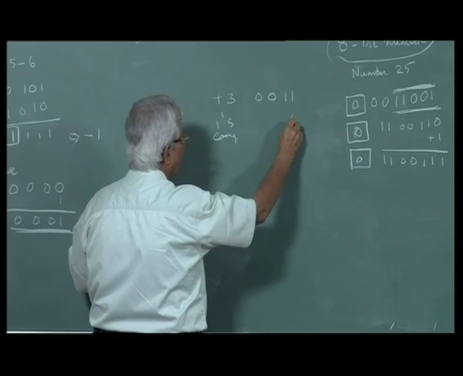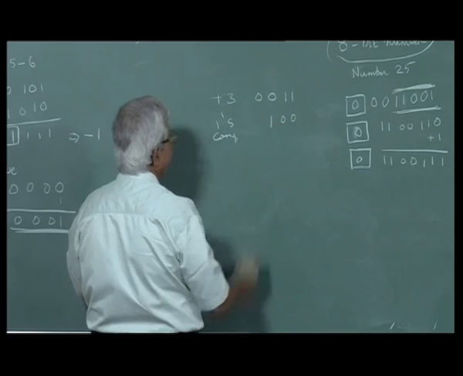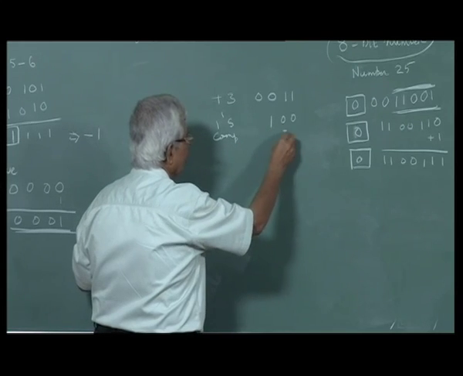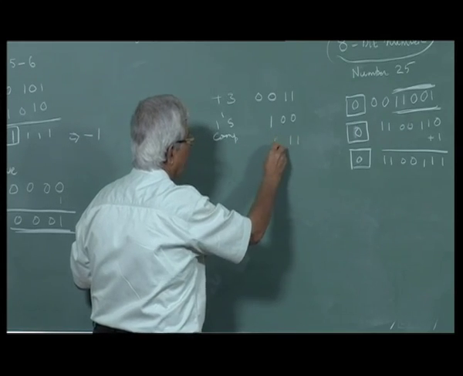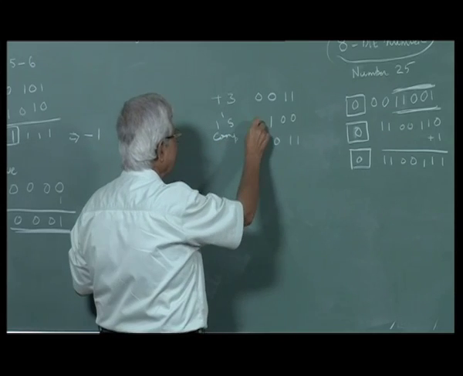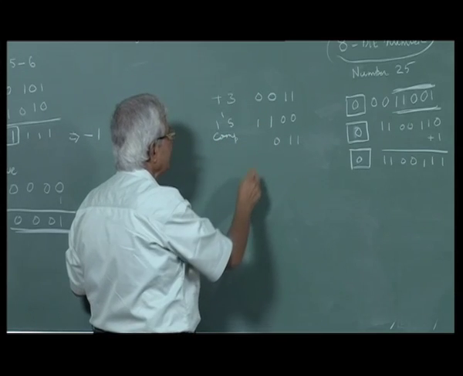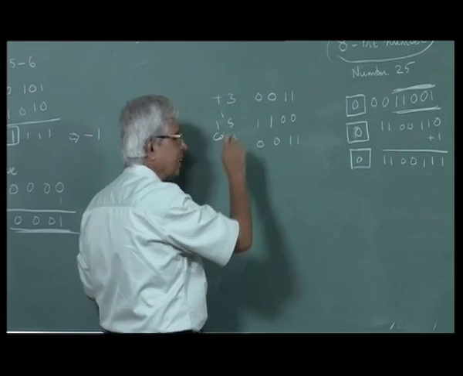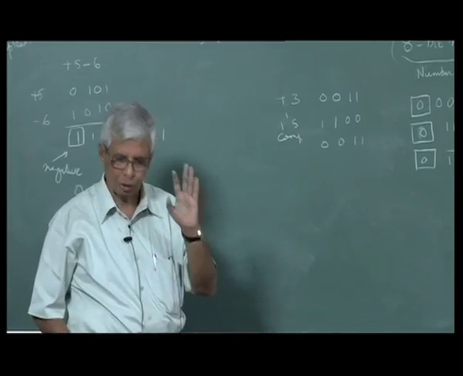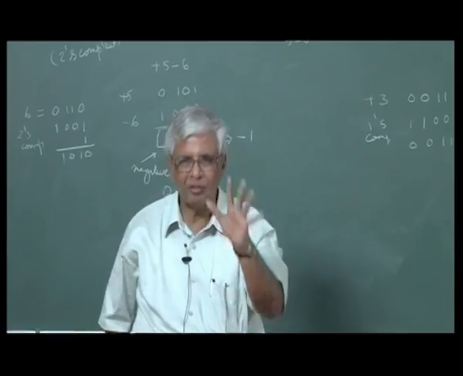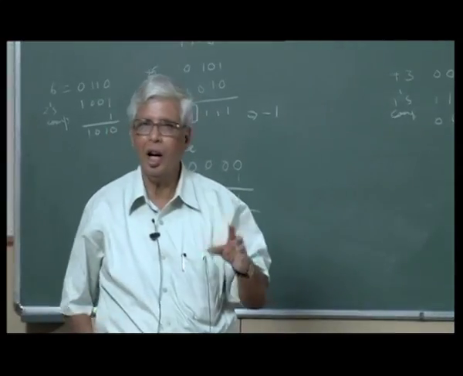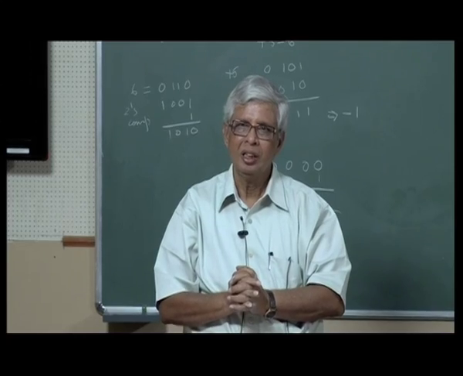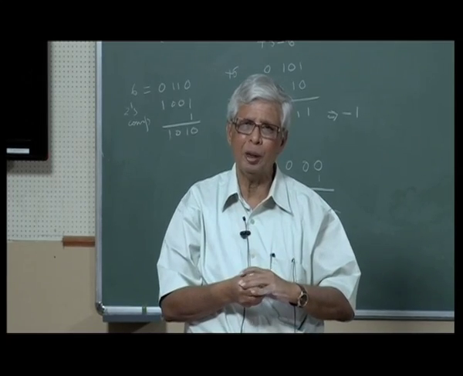So it is 0, 0, 1. So if I invert it back, I should get 3. But if I put this inversion 1, yeah, this becomes 0, but this is only done for minus. So usually the complement is done only for negative. If you have to add two positive numbers, you don't need to know 1's complement. But then,